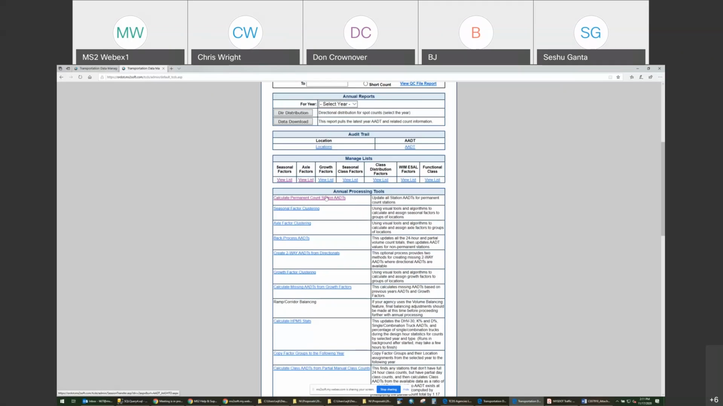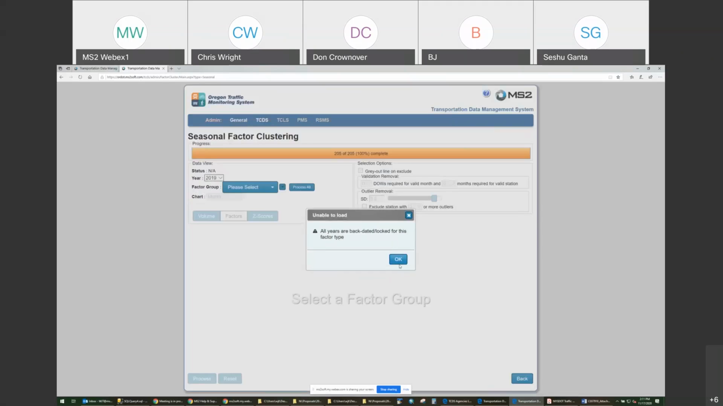So you kind of redo the step, get your correct ADTs, and then rerun the reports, and if everything looks good, then you move on to the next step. So the next step here is seasonal factor clustering. So we've got this clustering interface